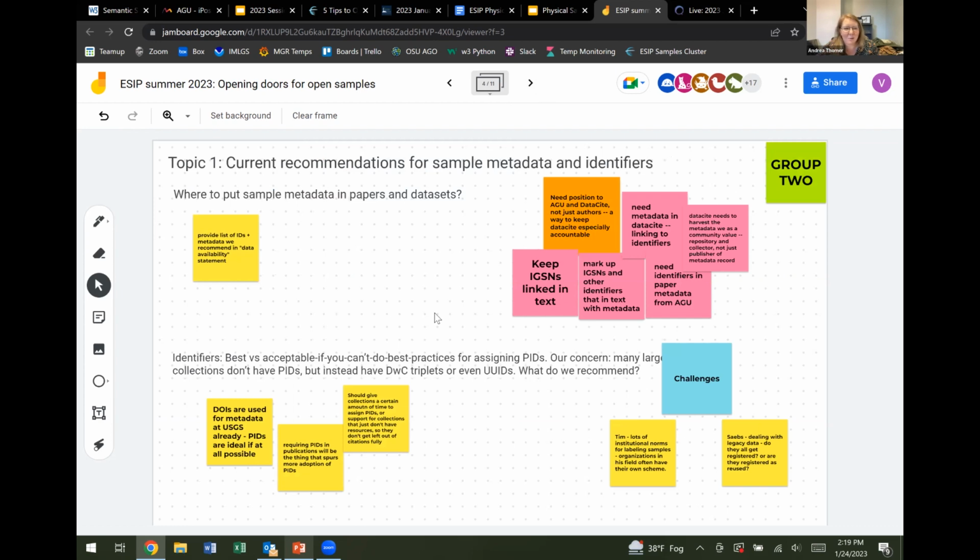Okay, I was in group 2. We only got to this topic and we spent a good bit of time talking about it, but I felt like it was really helpful. The places we landed, we think since we can push AGU to do something with these guidelines,